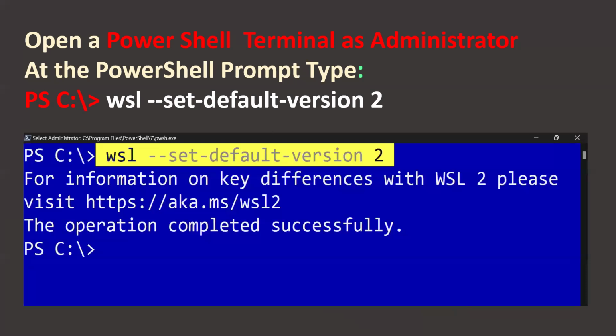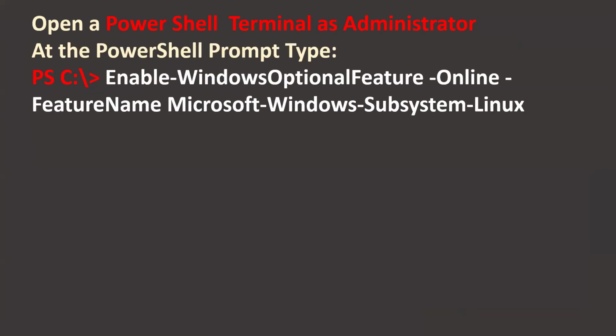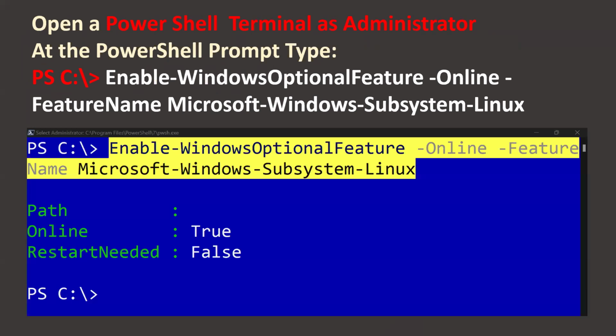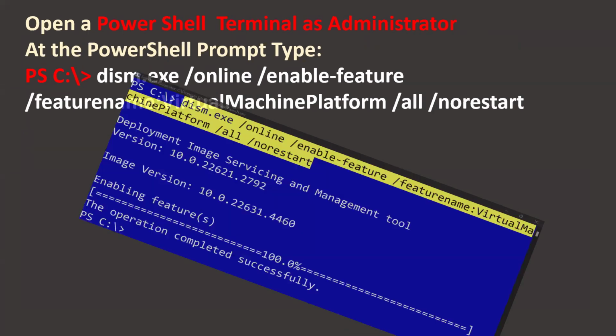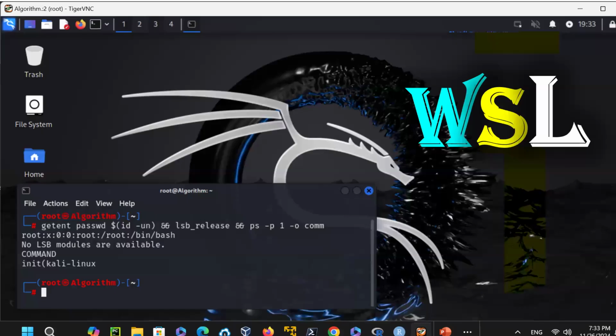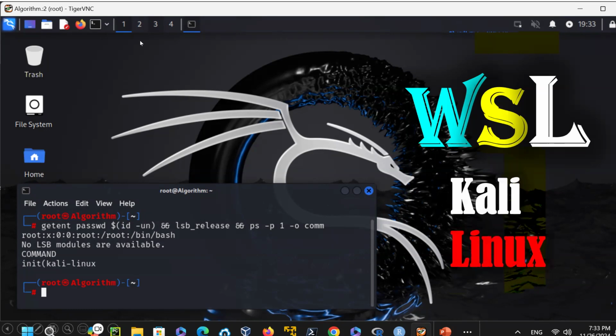I told you that it requires the Windows subsystem set default version to be set to 1, then reboot your machine, and then get it done afterward with these enable Windows optional features, which I had done, but it required the reboot. And due to the nature of WSL still being in development,